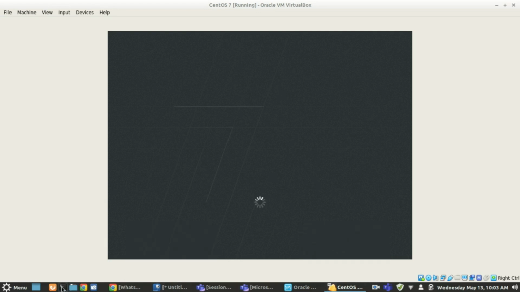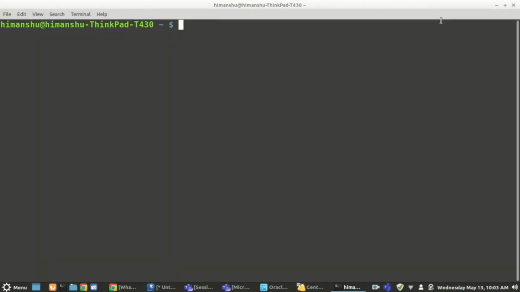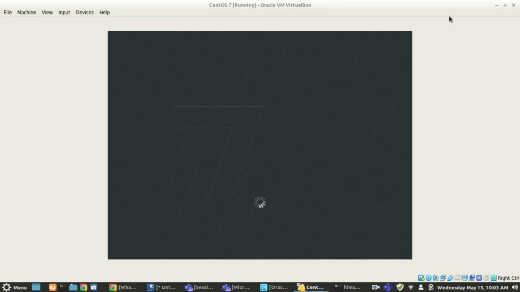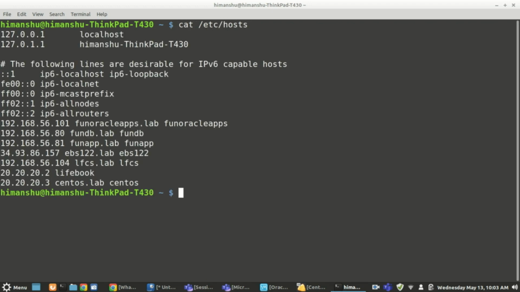So the first important thing for SSH is that you should know the IP address. What is the IP address of the remote server that I want to connect to? Let's say this is my server that is starting right now, but I have to know the IP address. By knowing the IP address, you can either use the IP directly, or there is a hosts file where you put the entry for that SSH.